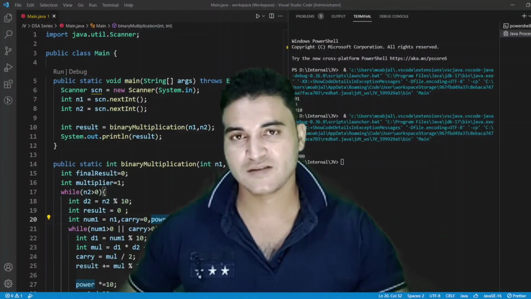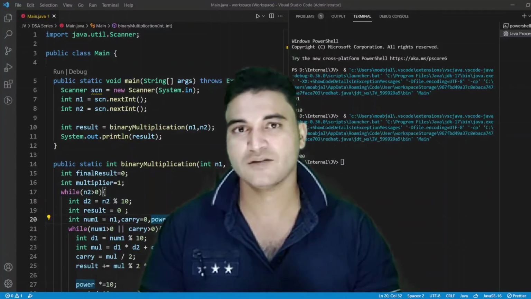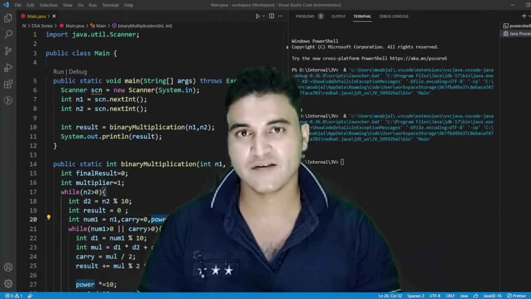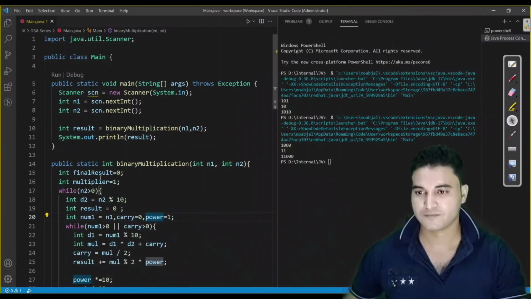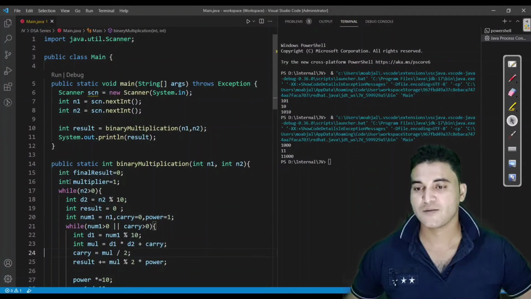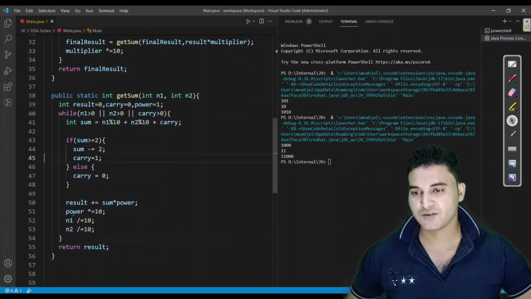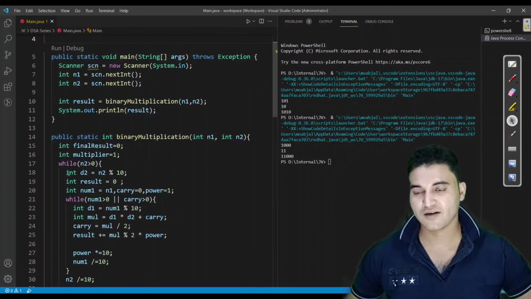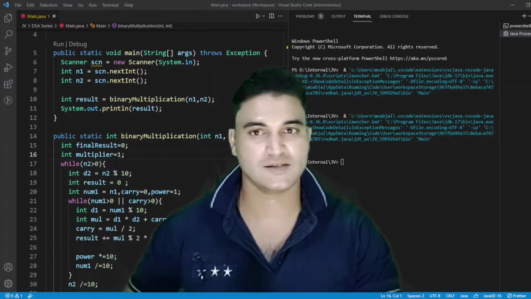And in this, if you have any confusion, then you should watch my multiplication video of two decimal numbers, which I did exactly prior to this video. I have written the code which you are seeing here. Let us see. You are able to see the complete code. In the previous video, I explained each and every line of this code in a very detailed manner. So if you have any confusion, you should watch my previous video on multiplication of two decimal numbers.